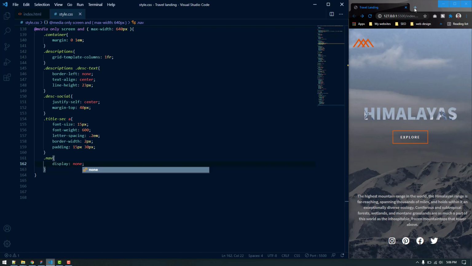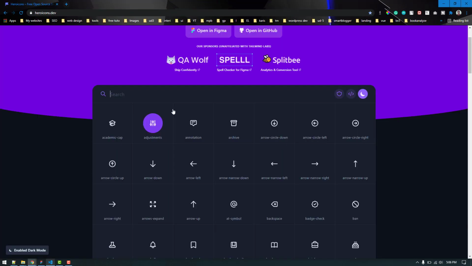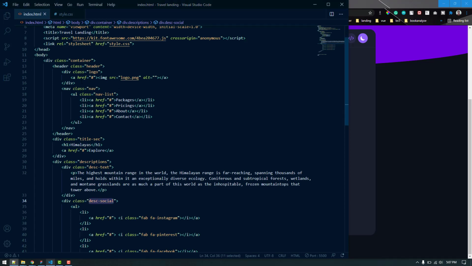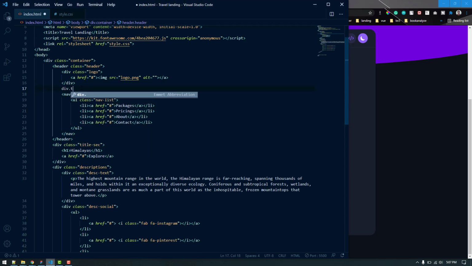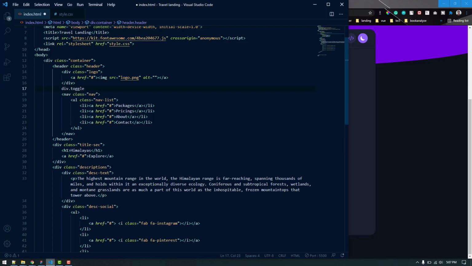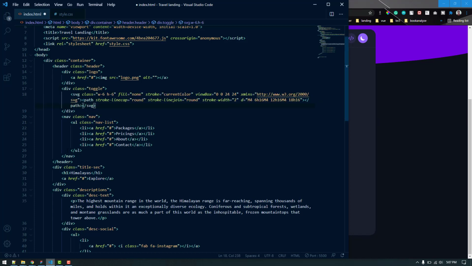Although we can use font awesome icons, I actually don't like the font awesome hamburger icons. It looks ugly. So we are going to use hero icons. So first one is the hamburger. If we click it, it just copied the menu as the SVG. So let's move on to the index.html and create another div here. I am going to name it toggle, and inside this toggle, let's paste the SVG. The class is for Tailwind. It doesn't work here, so we're going to give it a class of open.